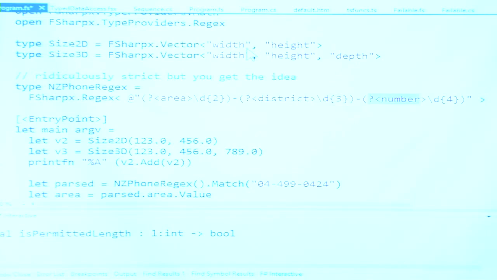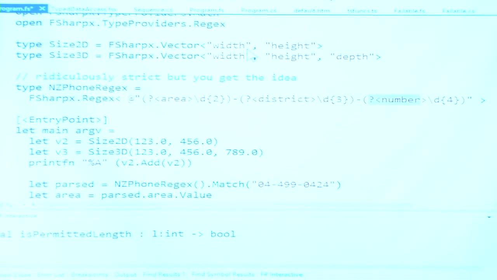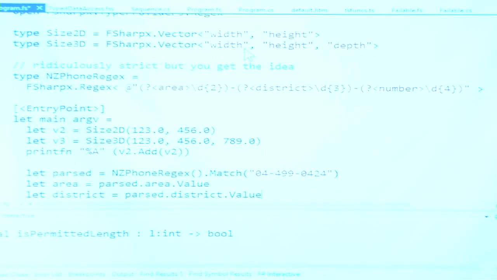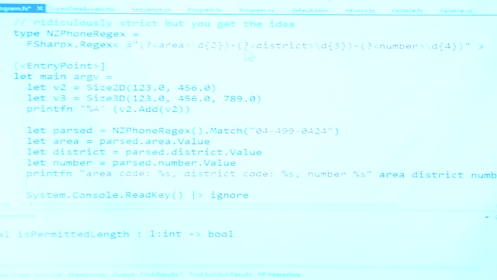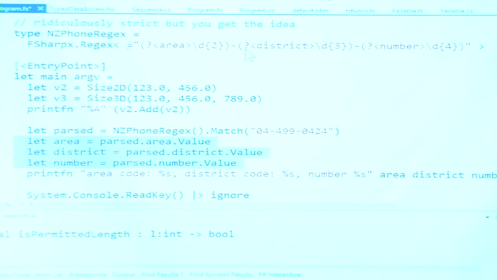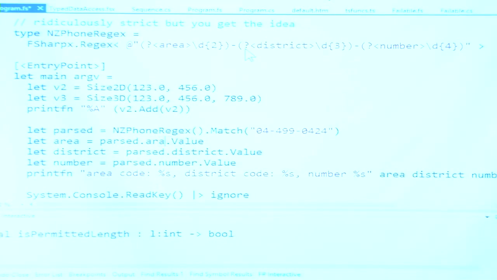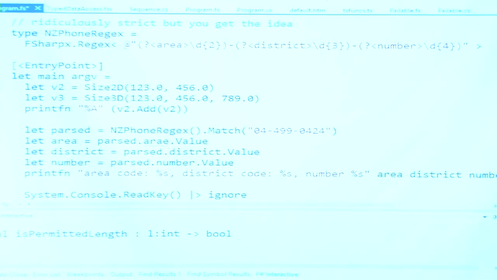What I can do is pass that to the regex type provider, and it will now make me a strongly typed regex, which I can then use to access those captures as strongly named properties. And I can have the compiler warn me if I use the wrong names in my code.